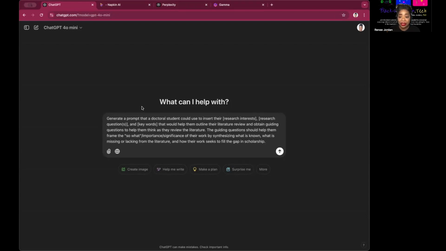The guiding questions should help them frame the so what importance or significance of their work by synthesizing what is known, what is missing or lacking from the literature, and how their work seeks to fill in a gap in scholarship.